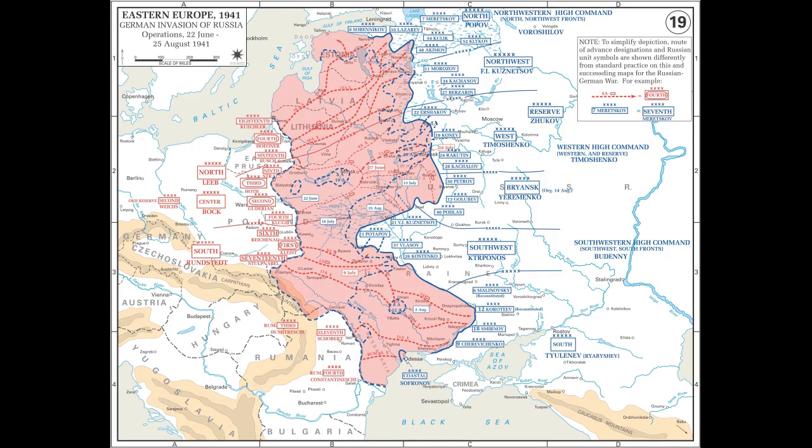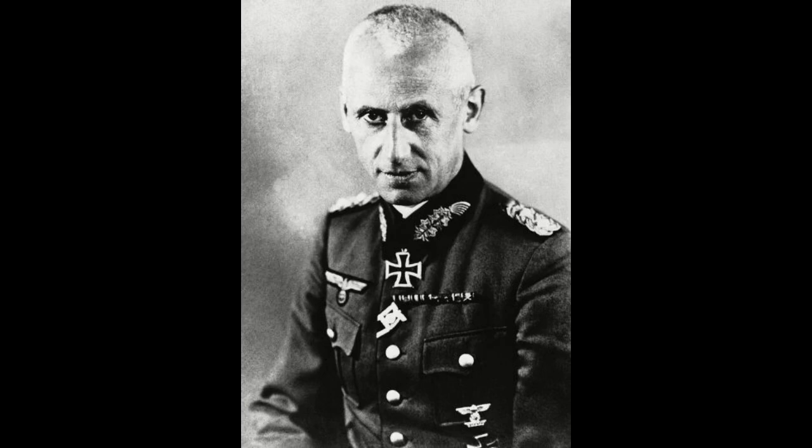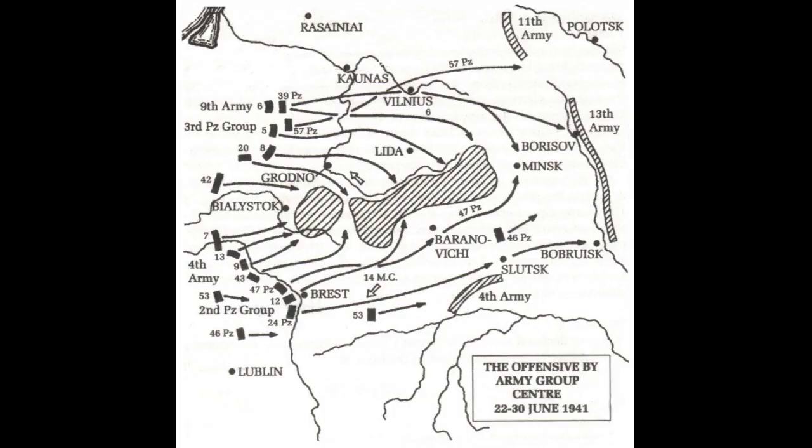By 28 June, Panzer Group 2, led by General Heinz Guderian, and General Hermann Hoth's Panzer Group 3 had encircled 3 Russian armies and captured over 320,000 men in the Białystok-Minsk pockets. The 2 panzer groups then pressed ahead, linking up on the far side of Smolensk on 27th July in another double envelopment. 2 more Russian armies were trapped and destroyed,